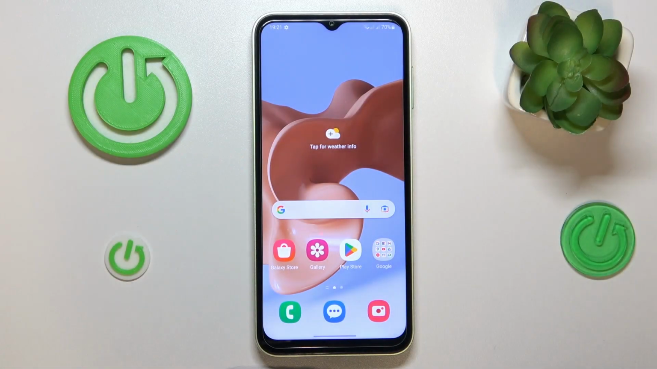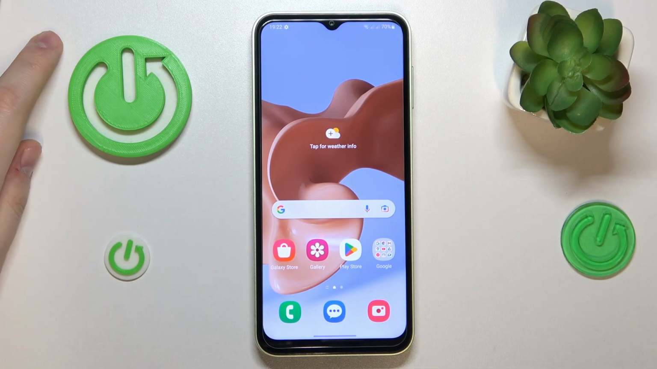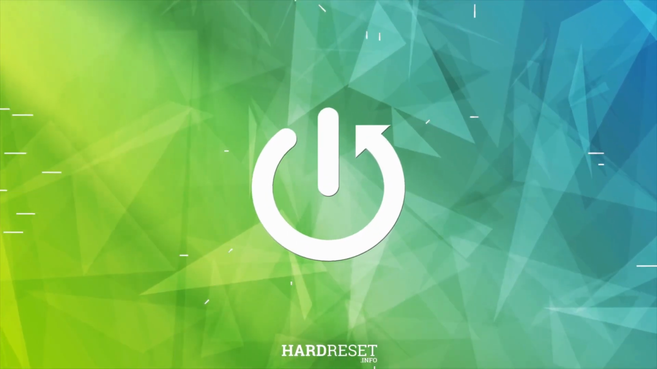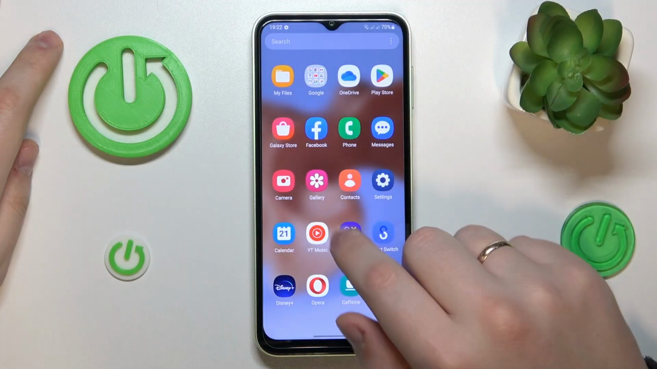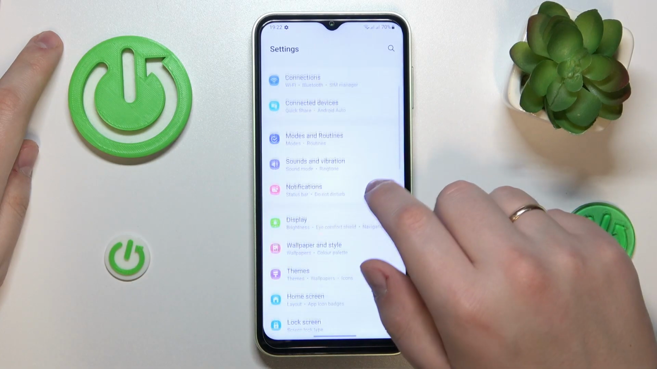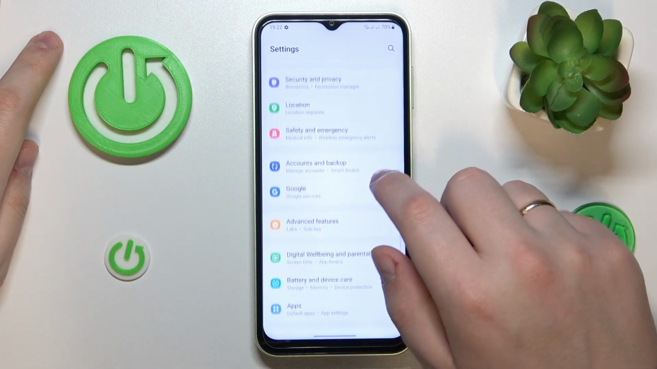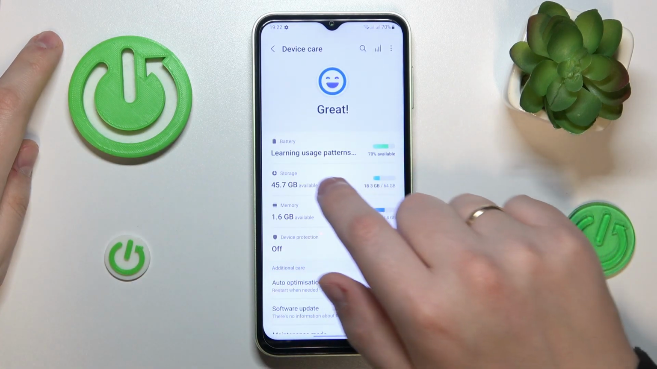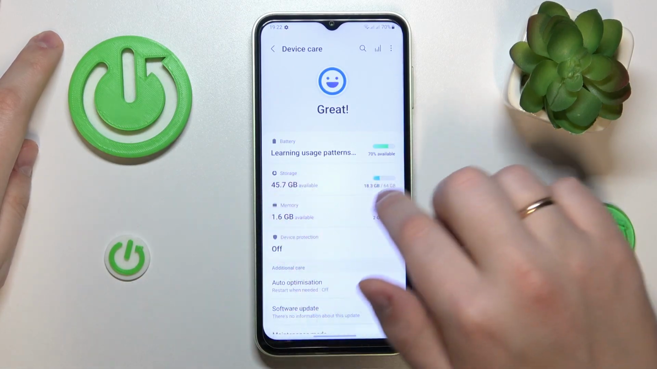This is Samsung Galaxy M14, and today I would like to demonstrate that you can find and see how much random access memory you have on this device. To start, you will need to launch Settings. Onwards, enter the Battery and Device Care category, and in here at the Memory section or at the Memory rectangle,